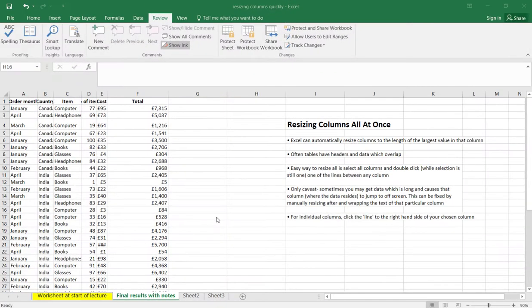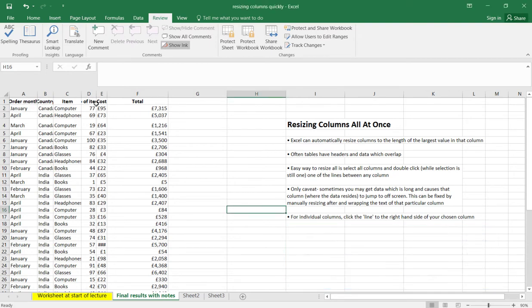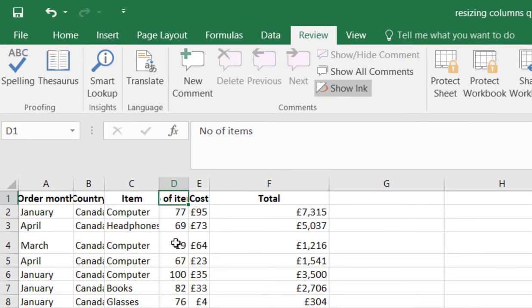Hi, in this lecture, I'm going to show you how we can resize columns in Microsoft Excel automatically and all at once. Now, just taking a look at our sample table, you can see that some of the columns have been overlapped with the other column right next to it, which has resulted in them being cut off. So for example, if I take column D and this cell here, which is the header cell, it's called No